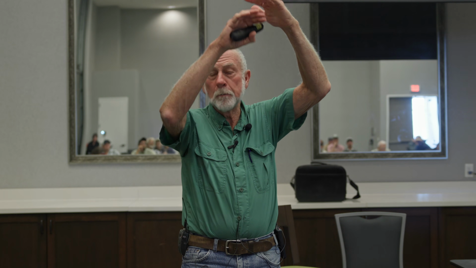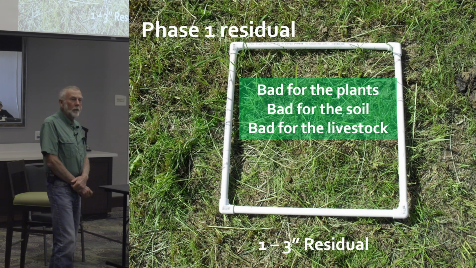We think about the animal and nutrition. The top part of the plant is the most nutritious. The bottom part of the plant is the least nutritious. So if we only ask them to eat partially down into that canopy, their energy intake and total forage intake is going to be higher. So we look at this, and grazing to this point is good for the plants, good for the soil, good for the livestock. If, on the other hand, we come out and say, oh, I'll leave them another day, it'll be fine, and we end up at this point,